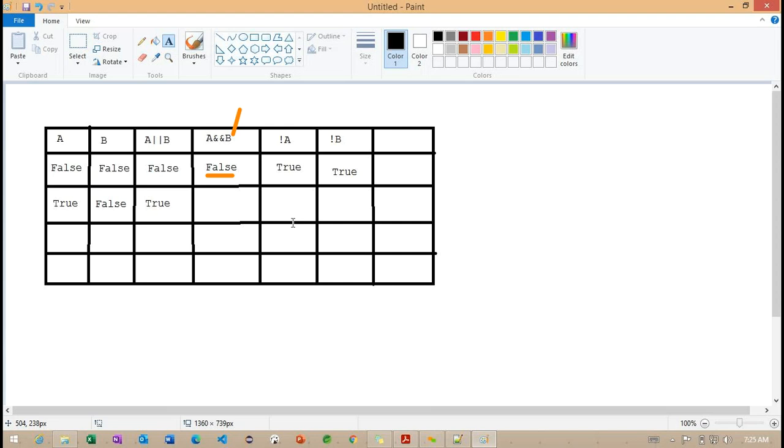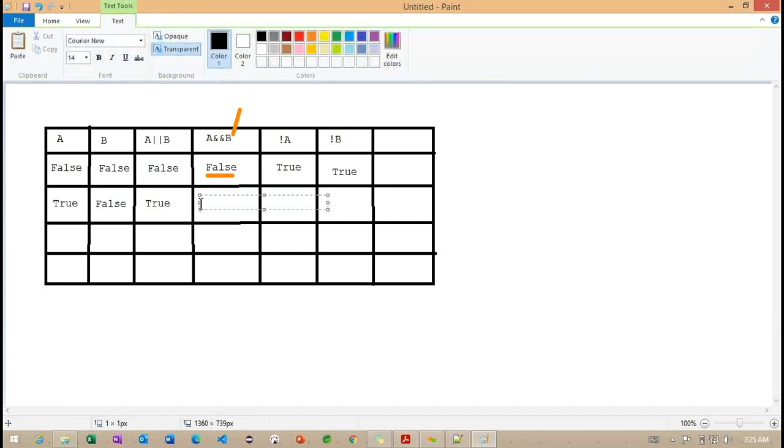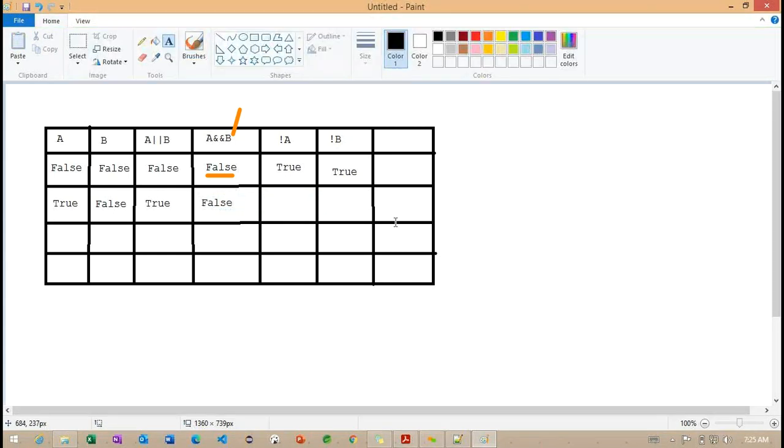Because only one expression is returning true, but the other expression is returning false. Getting the point? This is very important. Whenever one expression is returning true and the other one is returning false, the whole expression is going to return false. Right, now we understand the A and B condition.